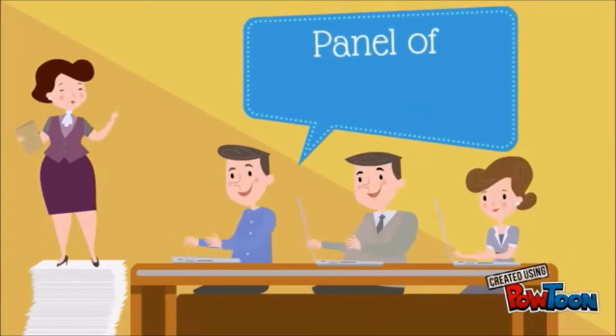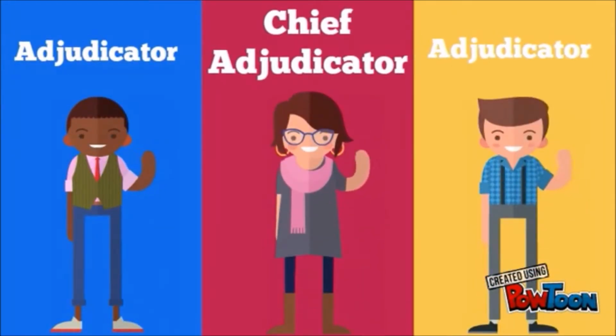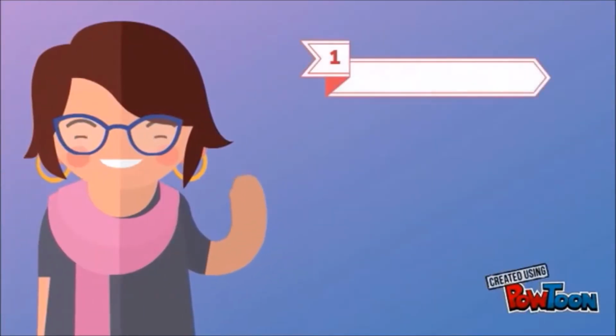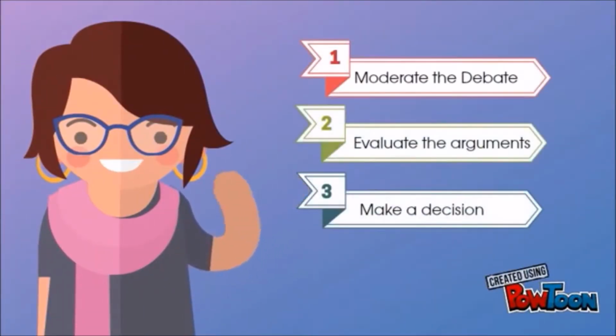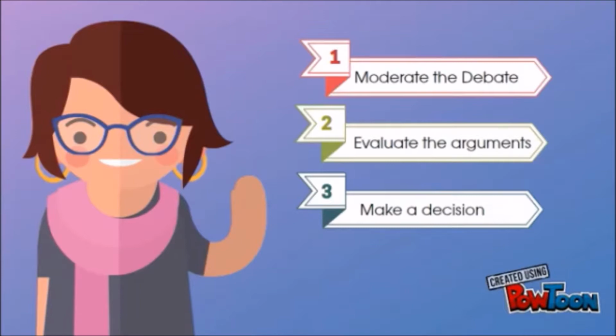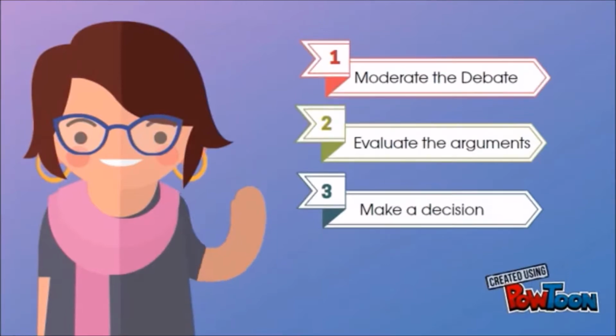And after, to make a decision, we have a panel of judges, which is at least 3 persons: a chief adjudicator that controls the time, and 2 adjudicators. Only the chief moderates the debate, telling who is going to speak, but all of them weigh the arguments from both sides and make a decision. When doing this, they must be impartial and forget their preconceived opinions or specific knowledge about the subject. Only have the common knowledge of an average person.